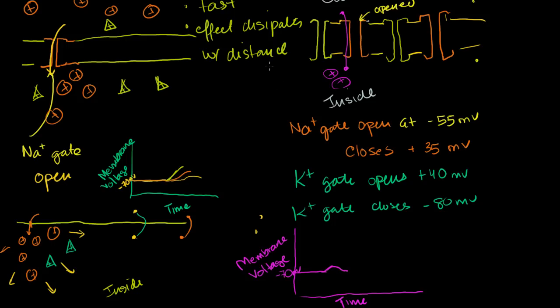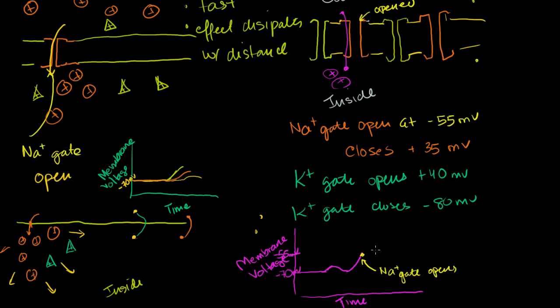But then let's say there's another electrotonic effect, or maybe a bunch of them, and there's a lot of positive charge here. So we get to the minus 55 millivolts. Remember, when positive charge comes by, we become less negative. The potential difference becomes less negative. We get to that minus 55 millivolts. This thing opens then, right? This was closed before. It was closed when we were just at minus 70. So let me write here. At this point, our sodium gate